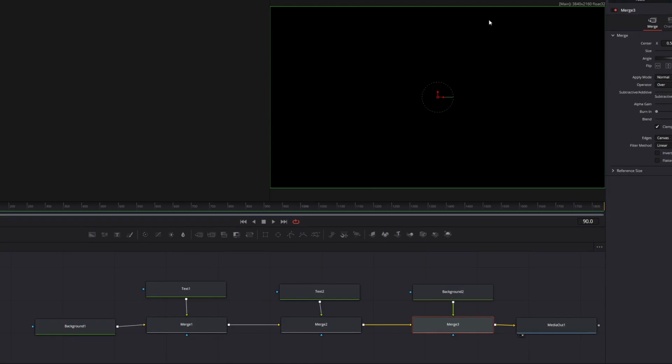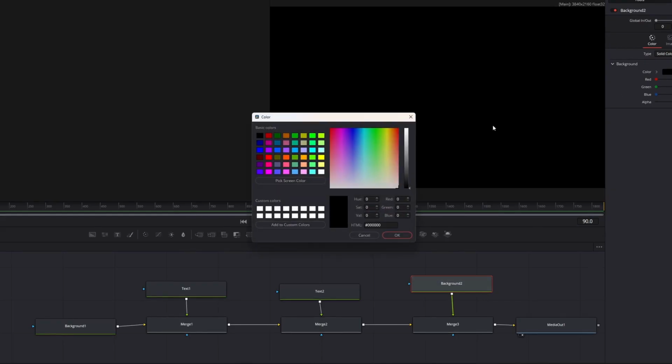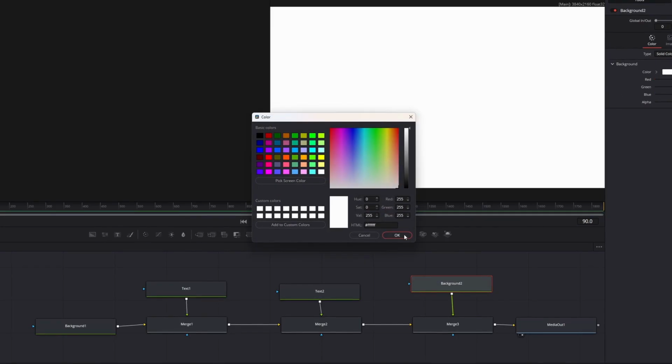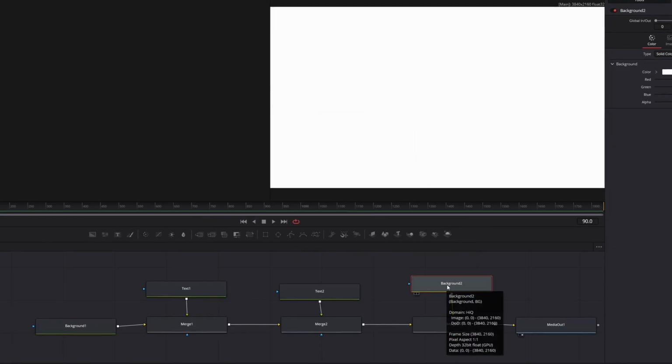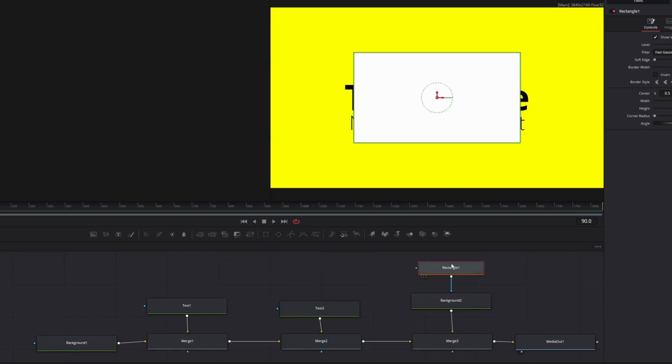So boom, the whole page is now black because of this. Let's change this color to something like white. Then, holding down shift with this background selected, as you can see, we have other nodes. This one is the rectangle node, and this one is the ellipse node. So let's say we want to add a line or maybe a rectangle. We hold down shift while this background node is selected, click here once, and boom,